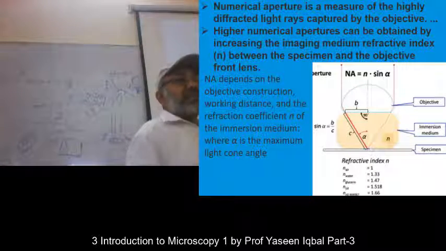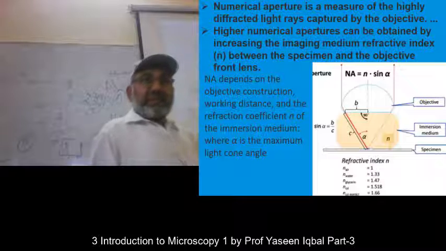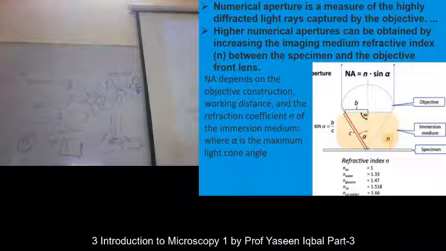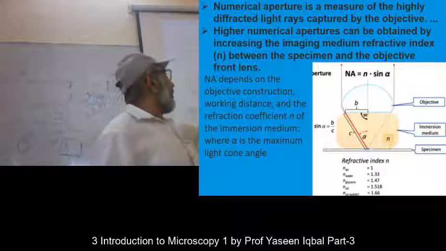And numerical aperture is n, the refractive index, and sine of this alpha. Alpha is this angle, and sine of this angle. So if this angle is larger or smaller, it will change it. But that distance is almost constant, and you only,